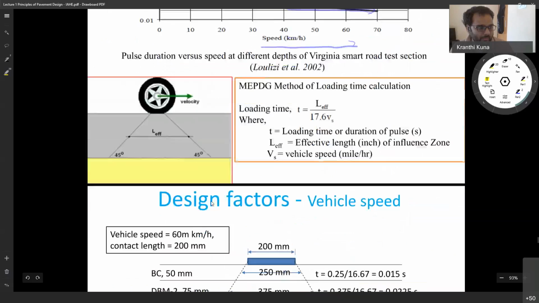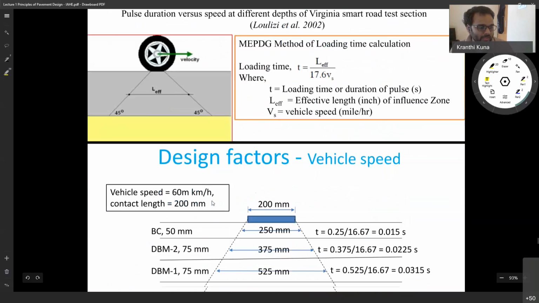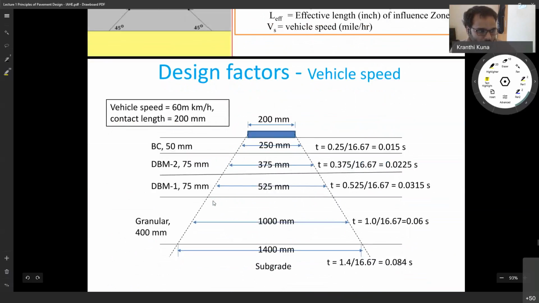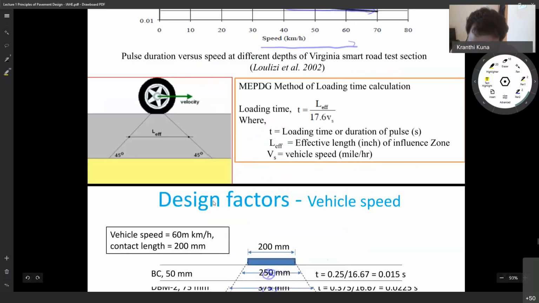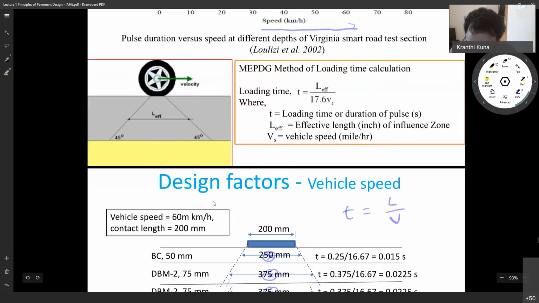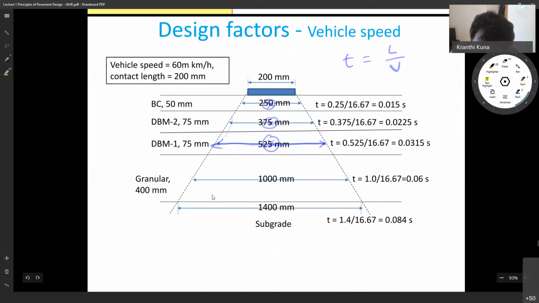So why is it doing that? Obviously, in one of my first slides, I said the load distribution will be something like this. Maybe if we assume some 45 degrees, if you think about different points at different depths, the load distribution will be more. So the load duration of the vehicle for this point is L. Obviously time equals length by velocity, isn't it? So the point here has more length,